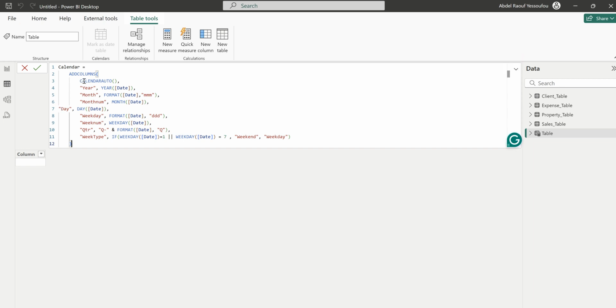What it's saying is to go through all the tables and get the date, the start date and the end date. So the maximum and the minimum. Then out of that we get the year, we have the month, we have the month number. This one, I'll share this as well, and some of the files that will be attached to the description of the YouTube video. Okay, so let me press enter here. Then I have my